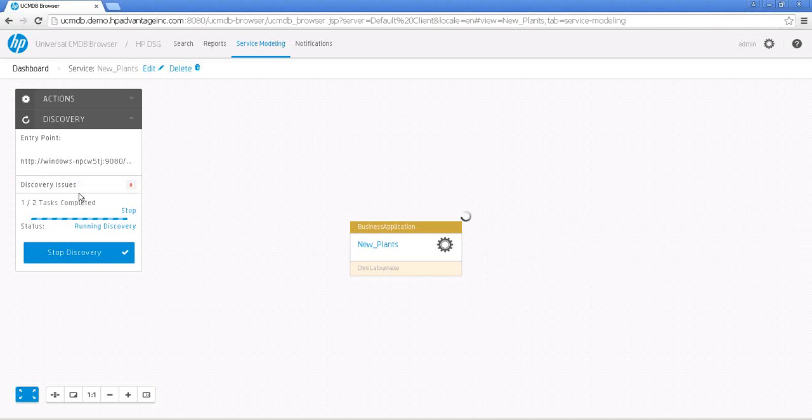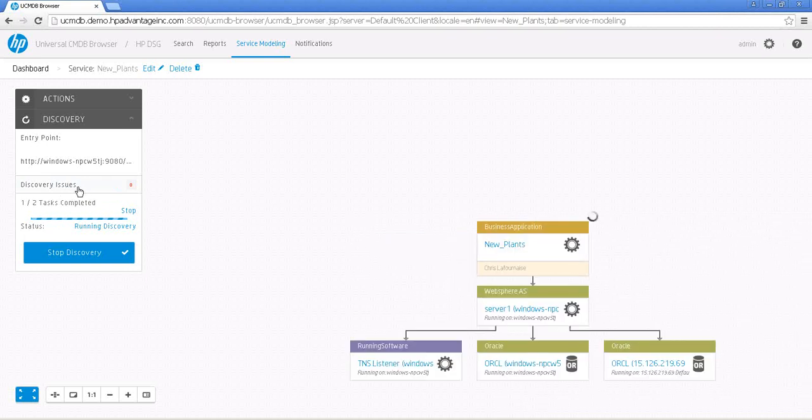Also within the same UI, if there are any discovery issues, they would be reported over here in the same UI. So you don't have to go to the admin UI of UCMDB to troubleshoot any of the discovery issues. Now, as you see, we pretty much discovered the WebSphere application and the running software and some of the